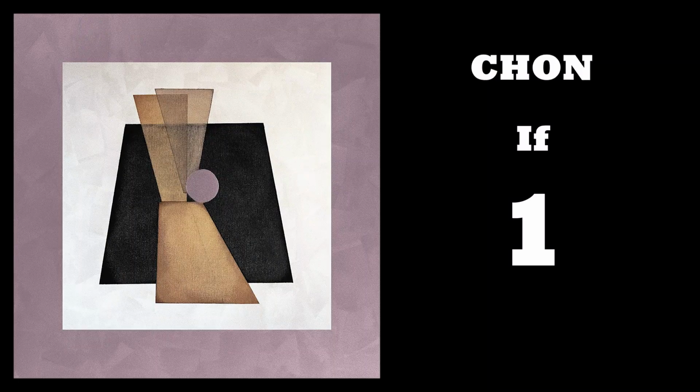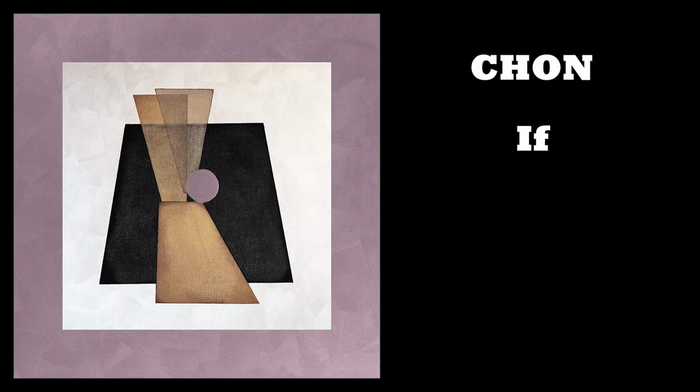The next idea I want to talk about is internal repetition. So let's look at this example by Chon called If. In this example, you have the same melodic line played 3 different times, and that is an F sharp minor 7 chord. And they just descend the chord basically in its root inversion.